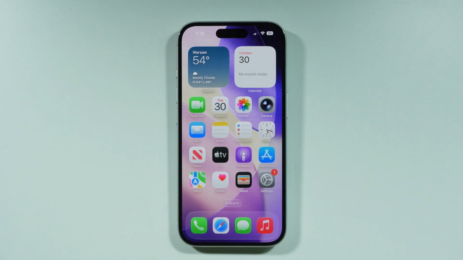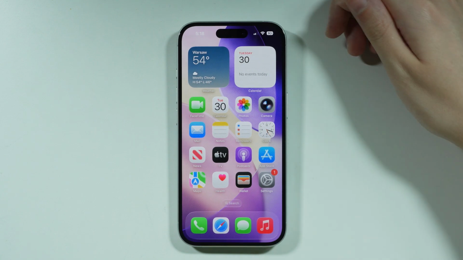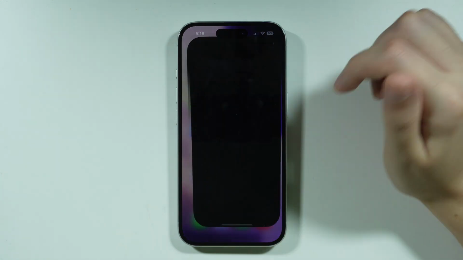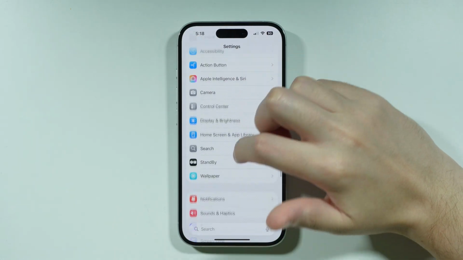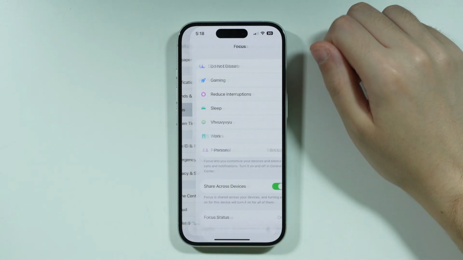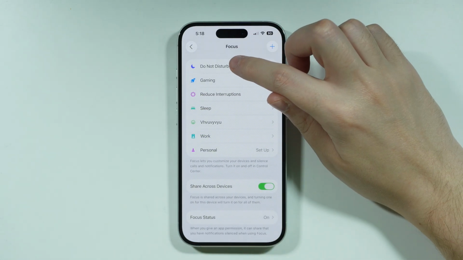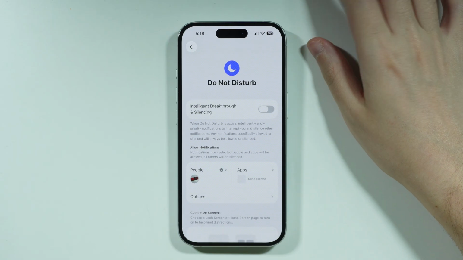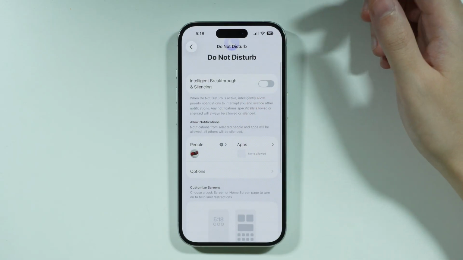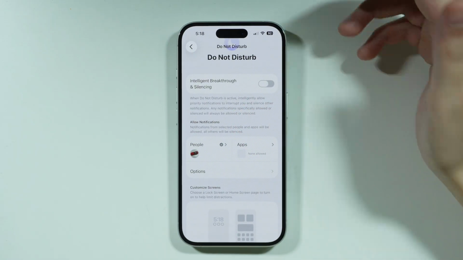If you are looking for the Do Not Disturb mode settings on iPhone 17, you can just open the settings on your phone. Then we're gonna scroll down in order to find Focus. And then in Focus settings, you should be able to find Do Not Disturb. Over here we have a bunch of different options that we can go through in order to set up DND